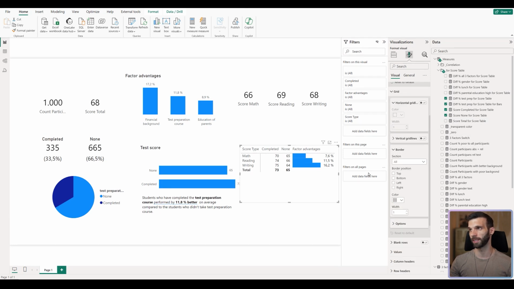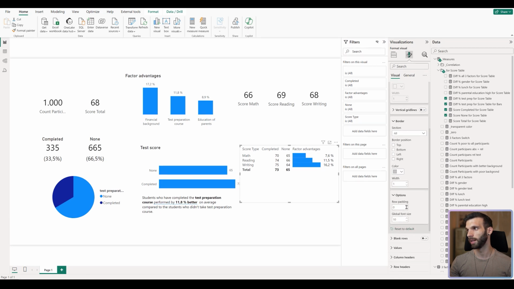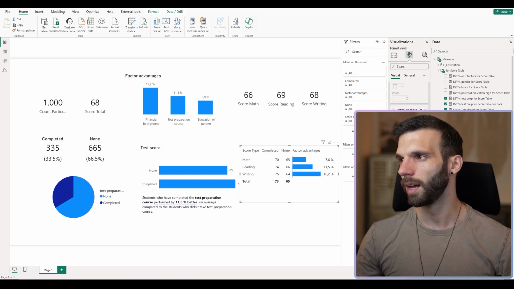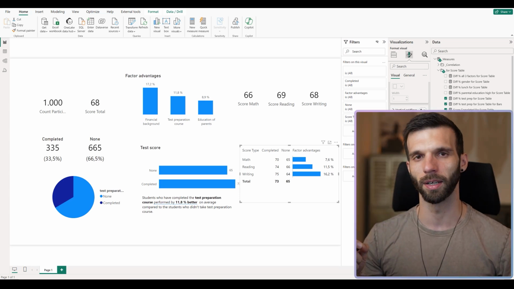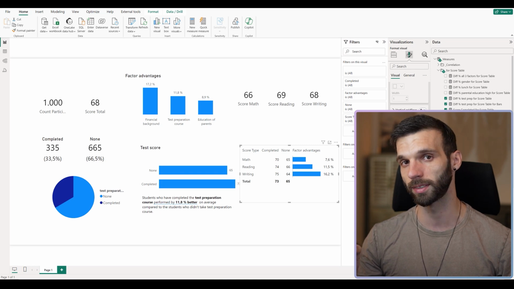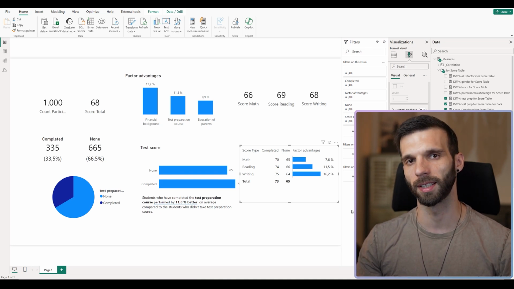Although none of the borders are selected, we can see that we have still some. We can remove it by enabling one of the borders and then hiding it again. Then open Options and add 5 pixel or percent row padding. I just recently realized that these numbers in Power BI are not pixels, but points. So for example, a 12 pixel text in Figma is not a 12 point text in Power BI, just as